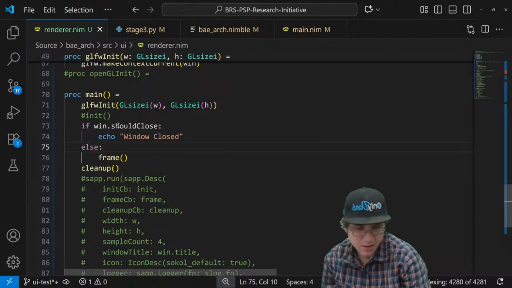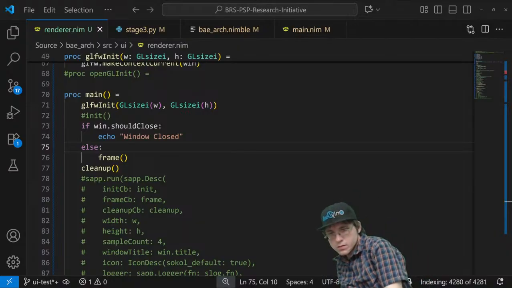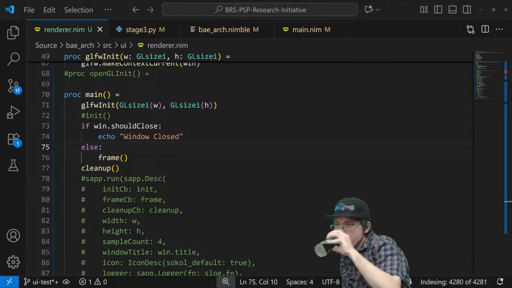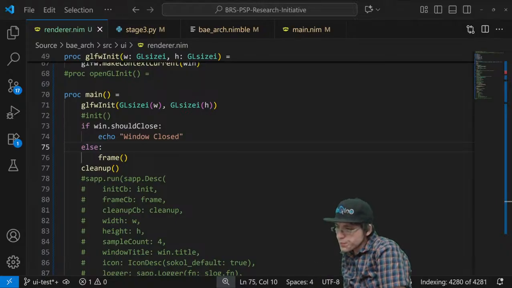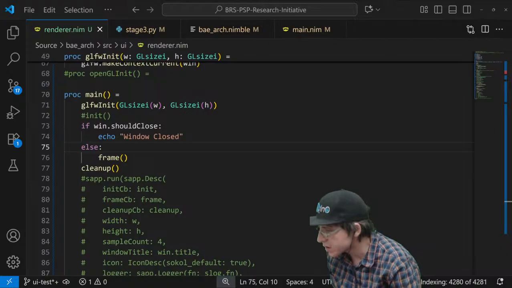Let's try that. For the lulz. It says that that exists.